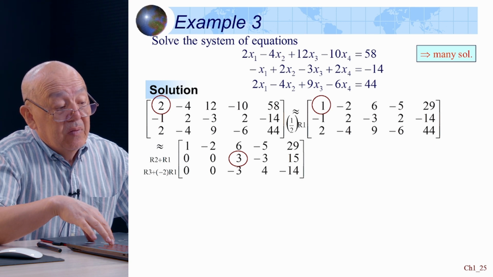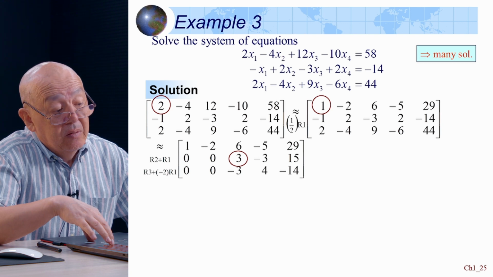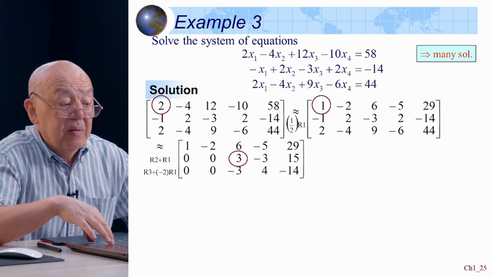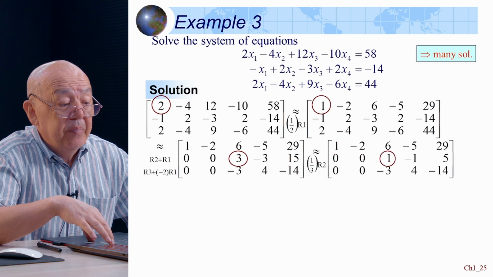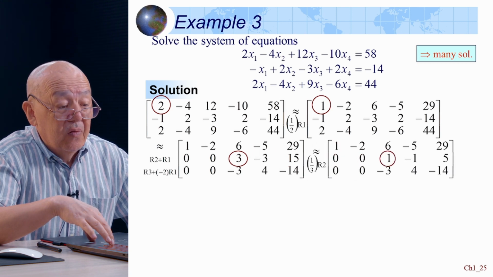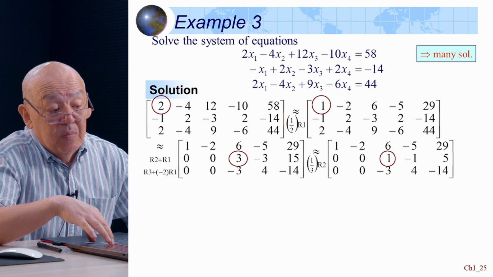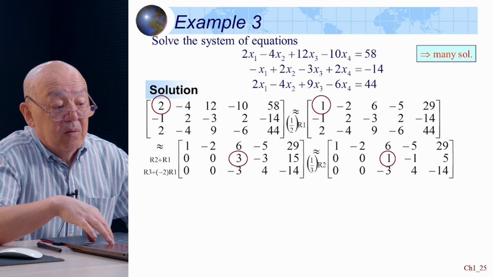Now the next pivoting element will be chosen from the third column. It is 3, make it 1, dividing the second row by 3. Okay, and use this 1 to clean the third column, easy, R1 minus 6R2, R3 plus 3R2, and you get